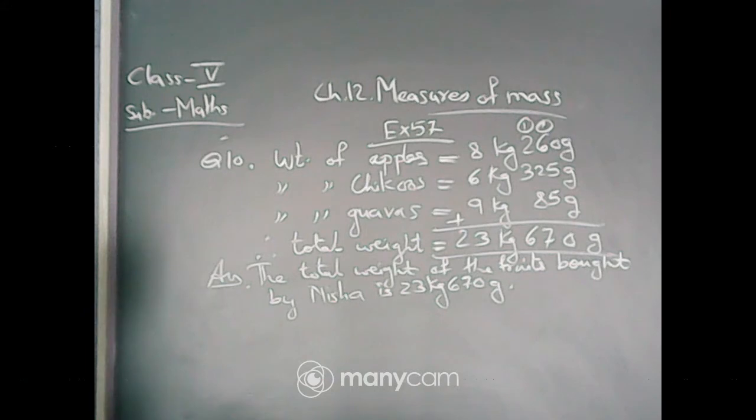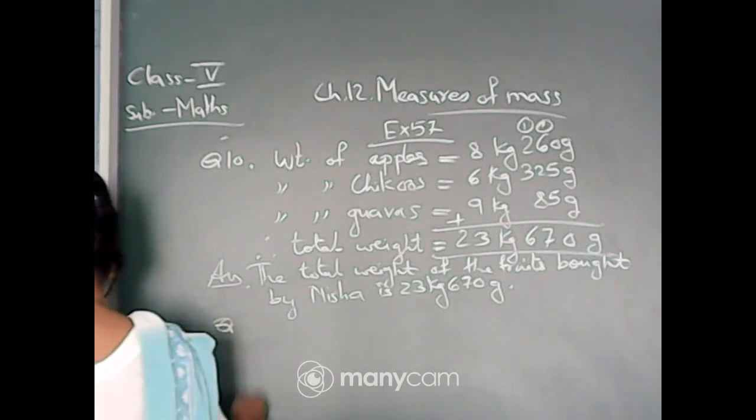Number 12. Shashi and Sakshi together weigh 73 kg and 250 gram. If Shashi's weight is 38 kg 675 gram, then what is Sakshi's weight? Together the weight is given and you have to find the weight of Sakshi, and one weight is given, that is Shashi. So naturally you have to divide it. No, you have to subtract it. Sorry, I was wrong. Not divide, you have to subtract it. Okay, so write it down.